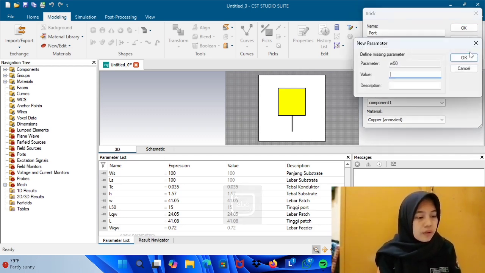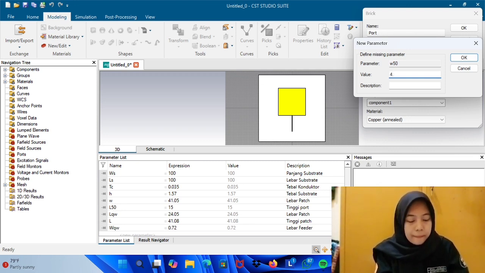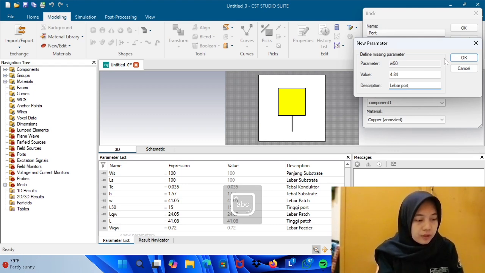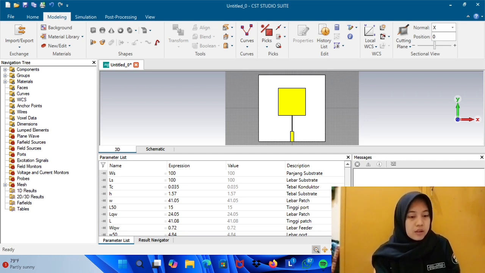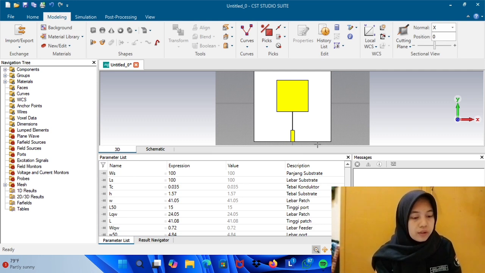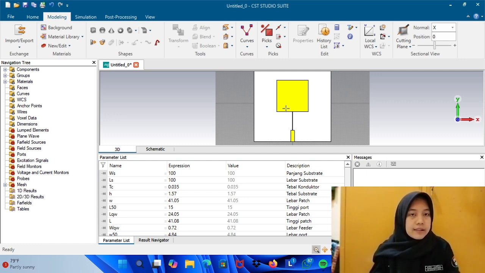Okay, preview. W50 is the width of the port. Connect. Okay. You zoom. Okay.